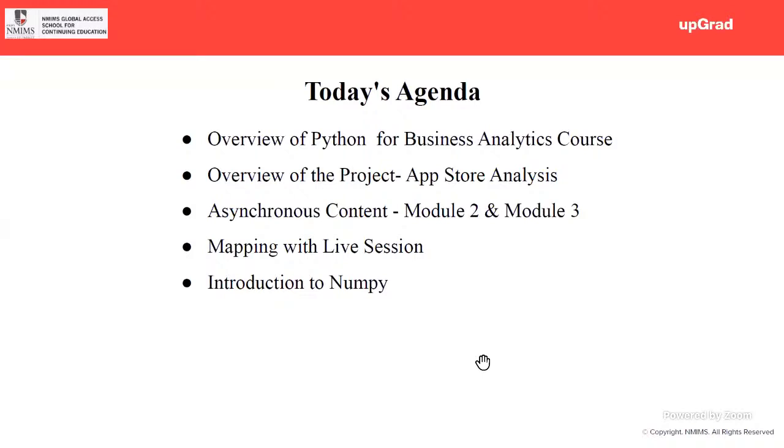We can talk about the TEE; I'll just note it down. I can give you the details of the TEE in the next class, but this is the basic idea. There will be 3 case studies of 20 marks each, and you will solve them using your Python coding and all your libraries. The 40 marks are from the project assignment you will be submitting. We'll talk about the project in each live session. Today I'll give you the basic idea of what your project is about. From the next session onwards, I can take up your queries for your project in each live session for 15-20 minutes, or more if you have more queries.